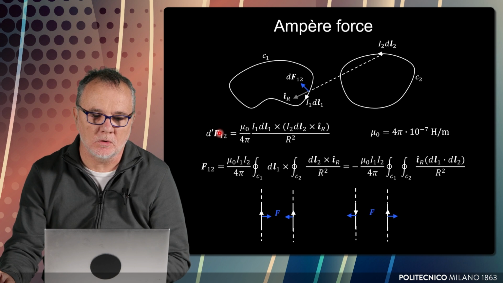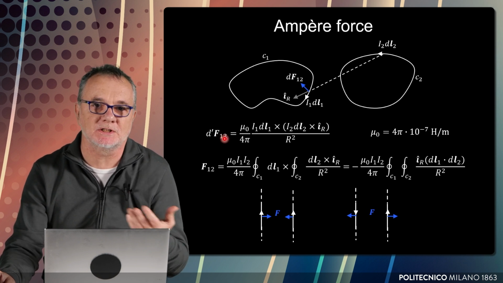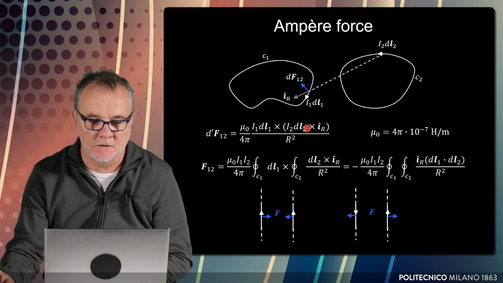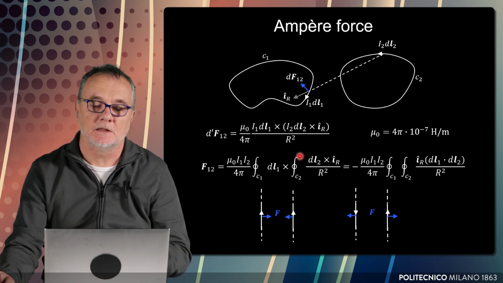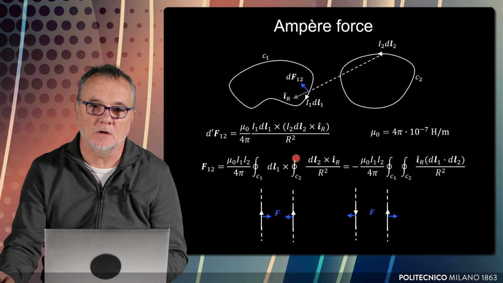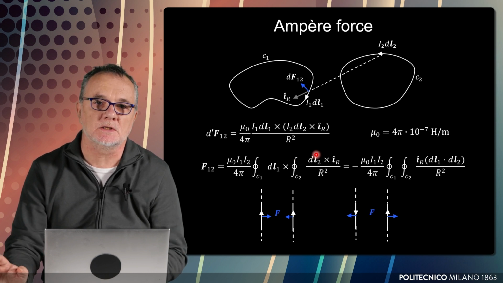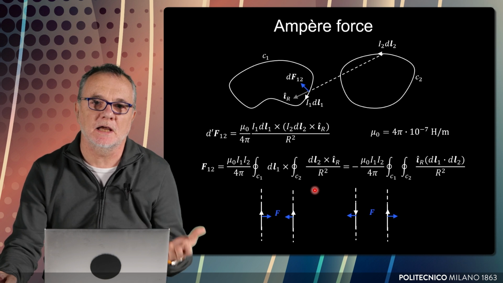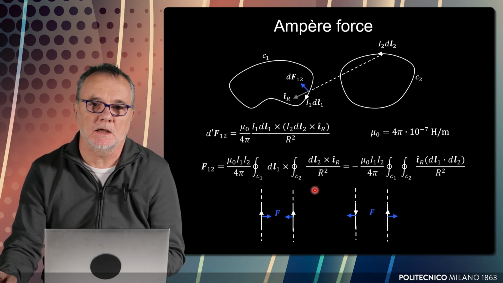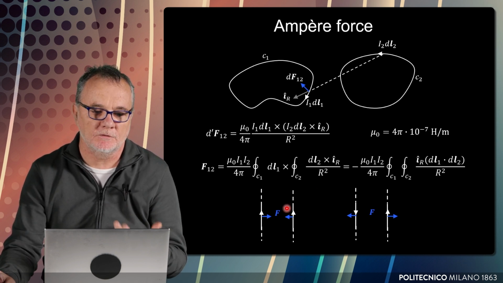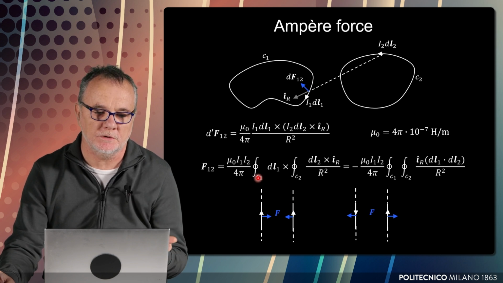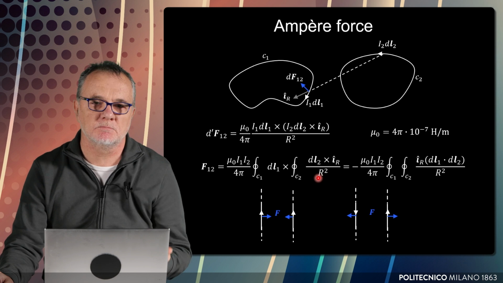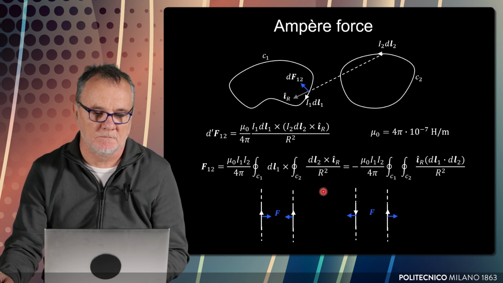Now, let's not focus on this expression, which is a second-order differential. As you see, there's a differential here, there's a differential there, there are cross products. The expression of the force, however, only makes sense once we compute the two integrals, because we do not really have current flowing on open wires. We need closed wires, and therefore we need to compute the integrals for it to make sense. This is an experimental observation that has then been translated to a formula.